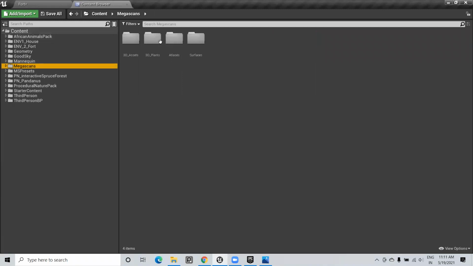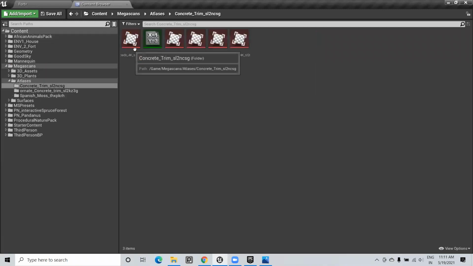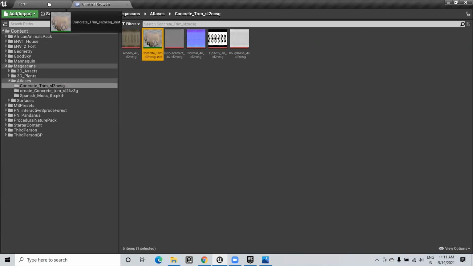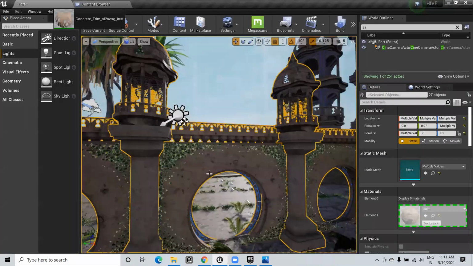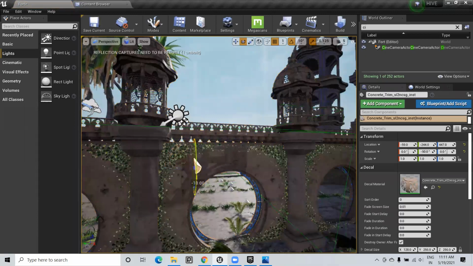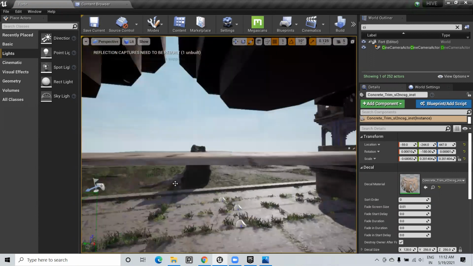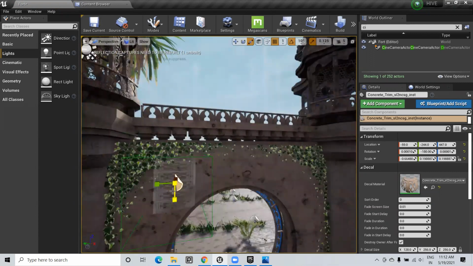I downloaded something like this also. Rotate, yes, angle 90 degrees, yes, 90 degrees, reduce it. No, increase size, increase size, increase. It's flipped.